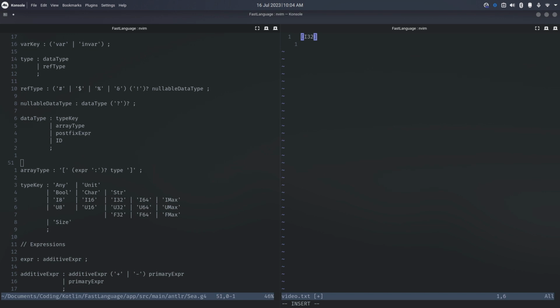So that's my plan for arrays. And then data types are going to be essentially any of the primitive types plus arrays, plus you need identifiers so that you have access to structs, and postfix expressions, because that's how I'm going to be doing namespaces. I'm not sure how I'm doing modules yet, but suppose you have something like math.trig.py. This is how you would access it, because I just find in C++, using the colon